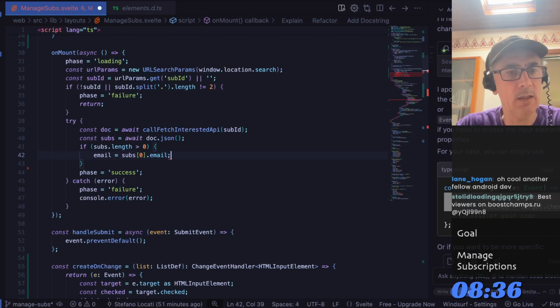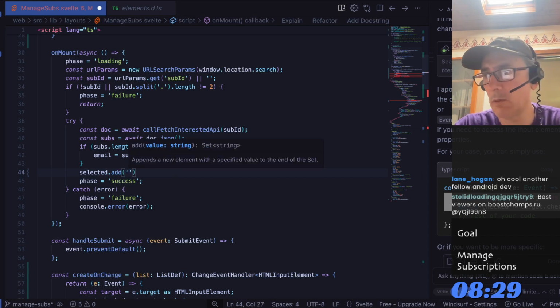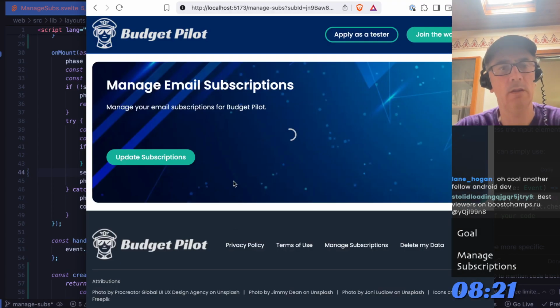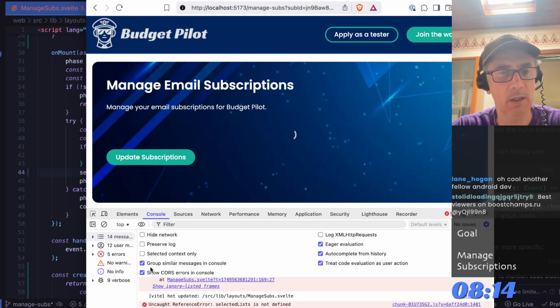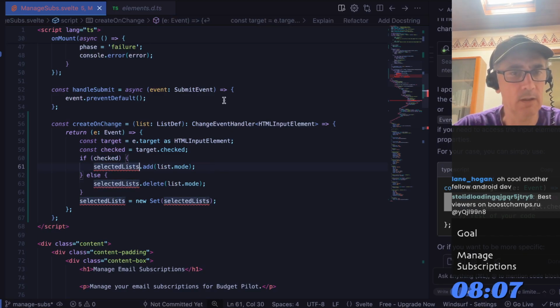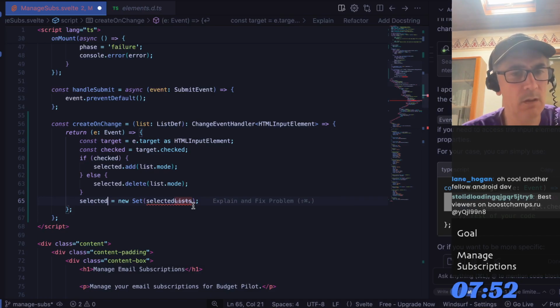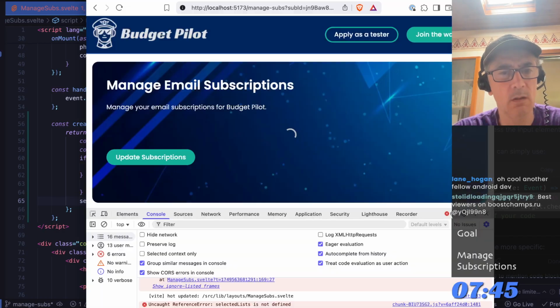But let's say we do selected equal or add. We're going to do waiting list. We hard code that just to see if the checkbox works. Oh yeah, it's reloading. Something tells me there is an error that wasn't caught. Yeah, okay, that's for compiling. Selected list. Yeah, just call it selected. Who is creating a copy? Not sure why. Anyway,